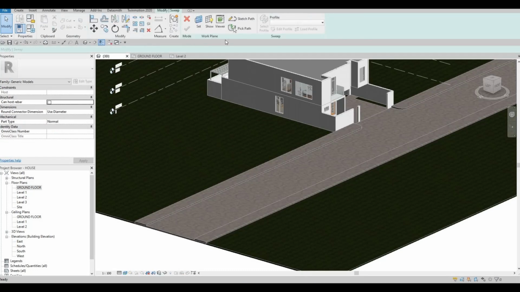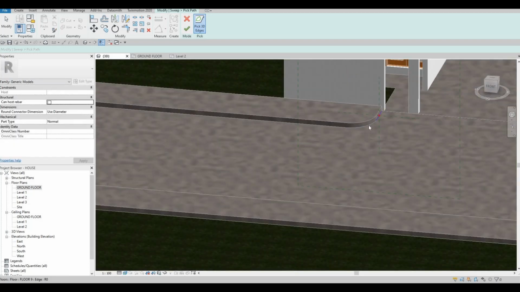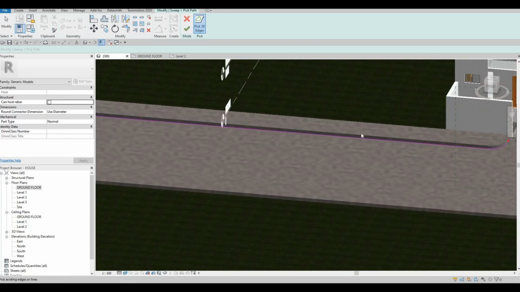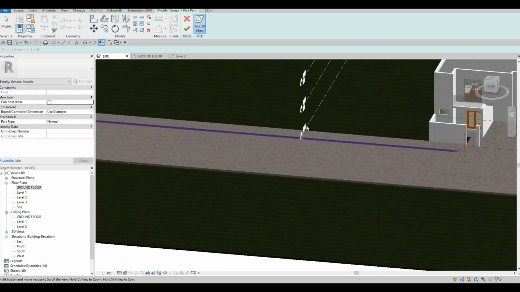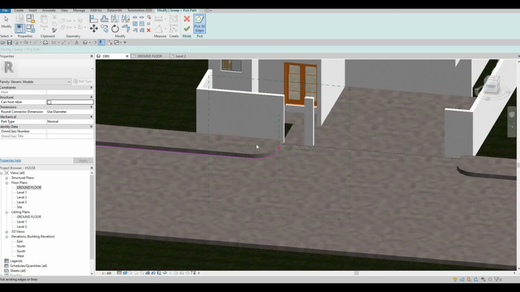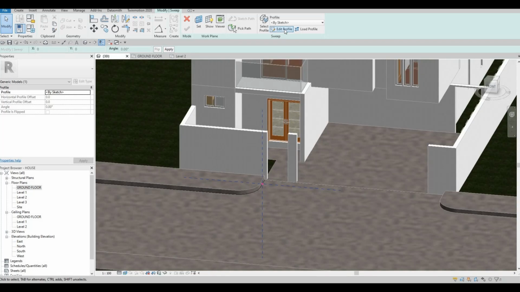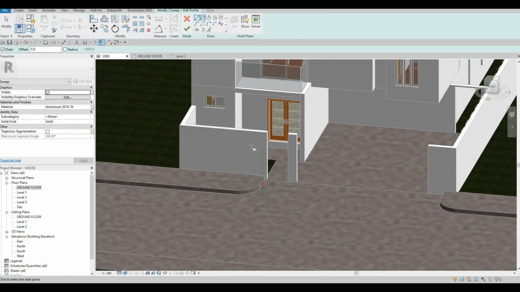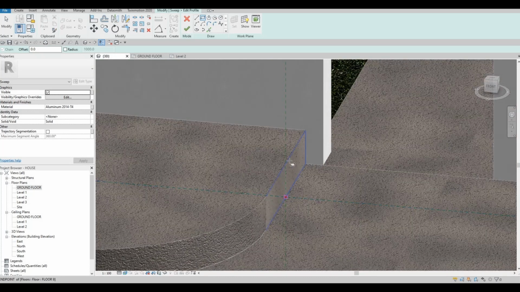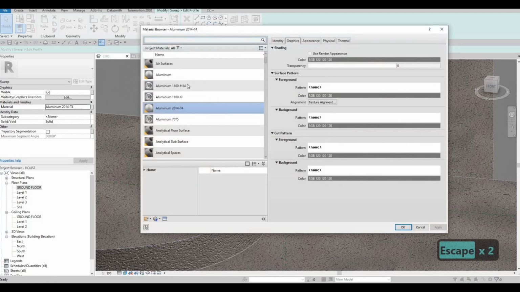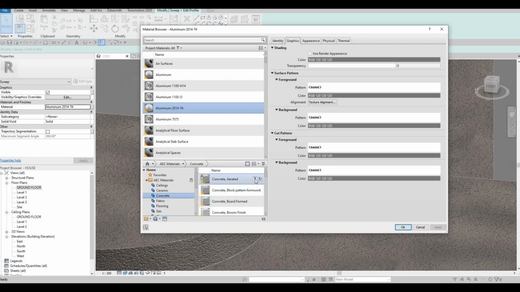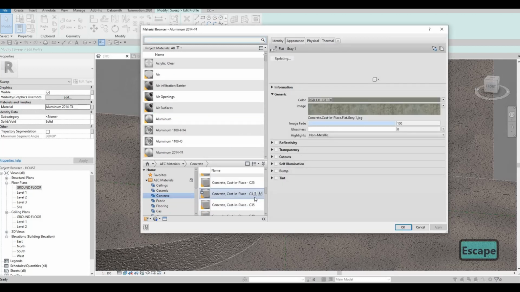And then we're gonna use sweep command, and then we're gonna pick path. So here we need to create this right here, and then all of that, but we have to do it one at a time. We cannot just do it all together. And then after that, click on edit, and then here we're going to add this part right here. But let's not forget to change the material. I'm gonna use the same materials later on the three of them. This one you need to know